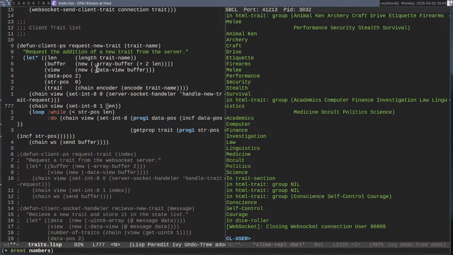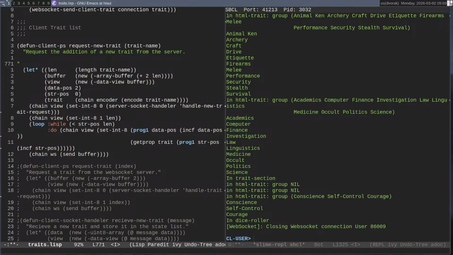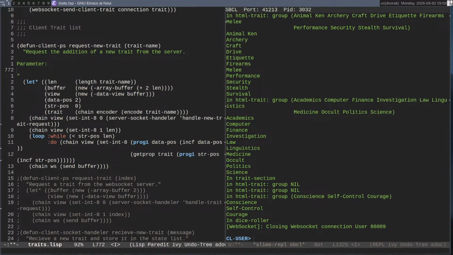Oh, no, it is. I'm sorry. We are requesting a new trait. I should do these a bit better. Parameter. I'm not sure. I should find a good way of doing these.